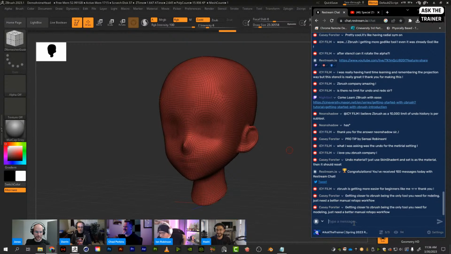Let's see, I don't think that's it. Undo material. I just use Skin Shade 4 and then set the material. Then it should do the rest. Yeah, but if you want to isolate or change that material to something a little bit more, and you're playing